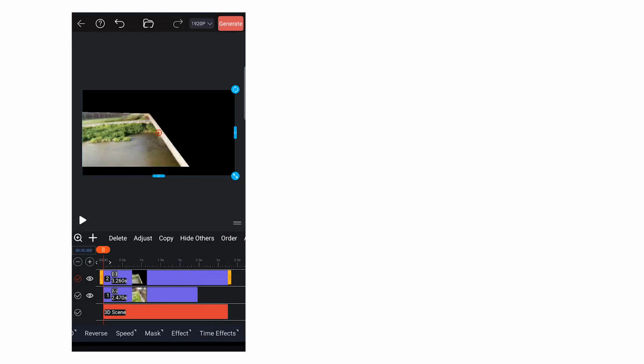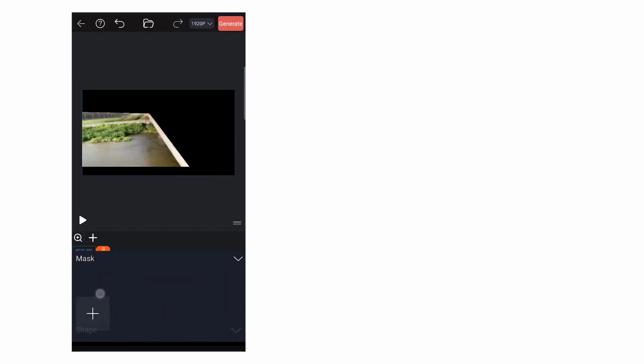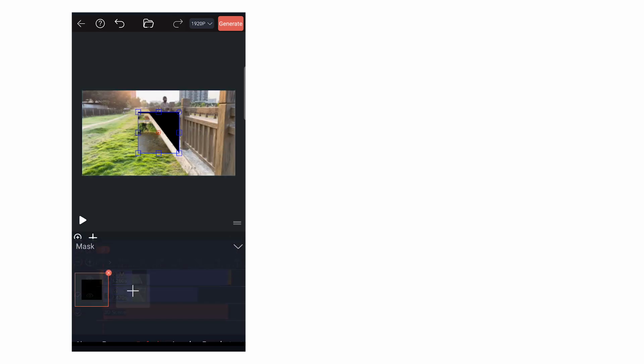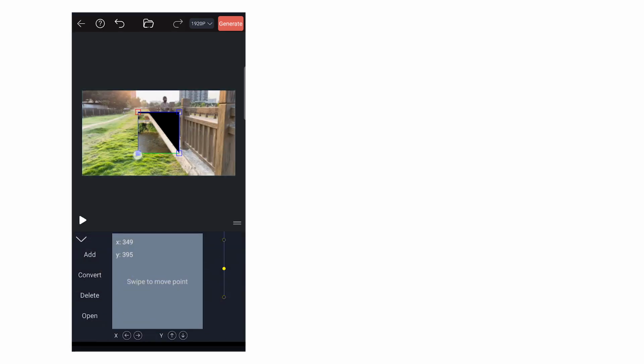Find the mask button in the lower toolbar. Add a square mask. Go back to the previous step. Click Edit, and drag the box on the edge of the mask to make the river material cover the position